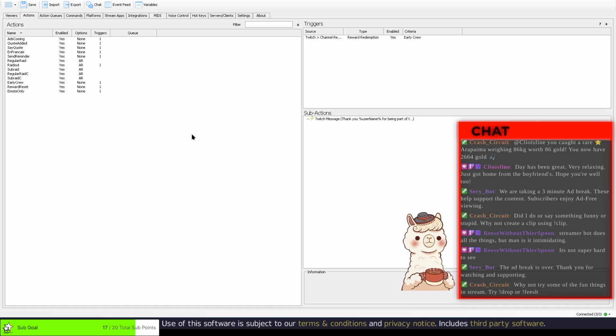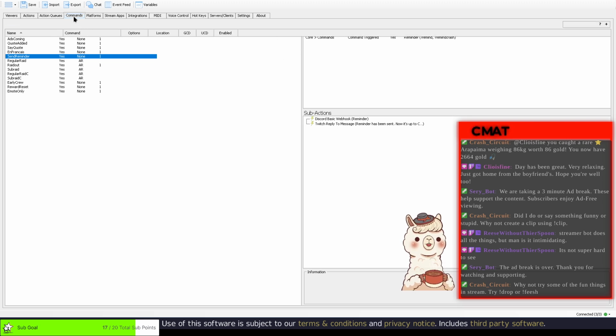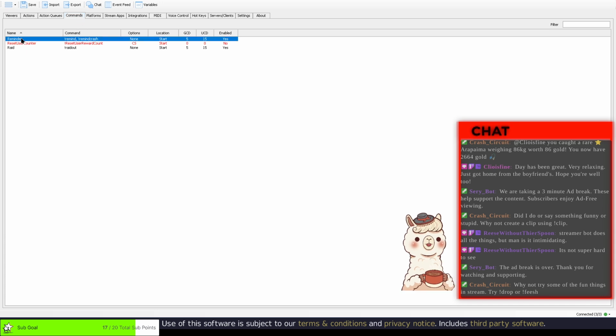All right, so the main thing that was of interest is the send reminder. Basically, what you're going to want to do is go under commands and set up a command for reminder. Just a basic command, and I have it set up with two different triggers: remind or remind crash. I only really advertised the remind crash one, but I thought if people forget to put crash, at least it'll